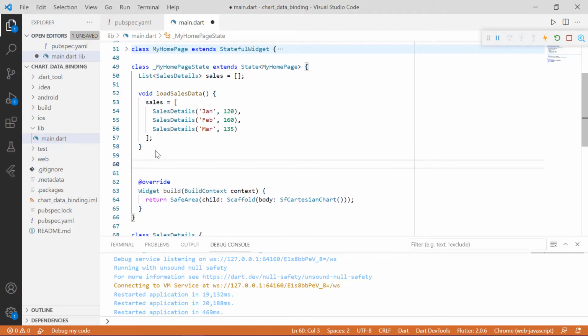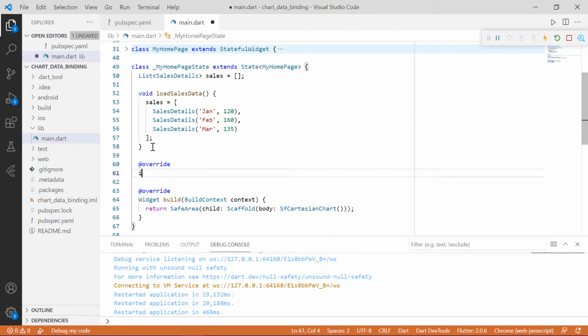Then we can override the initState method to call the loadSalesData function.